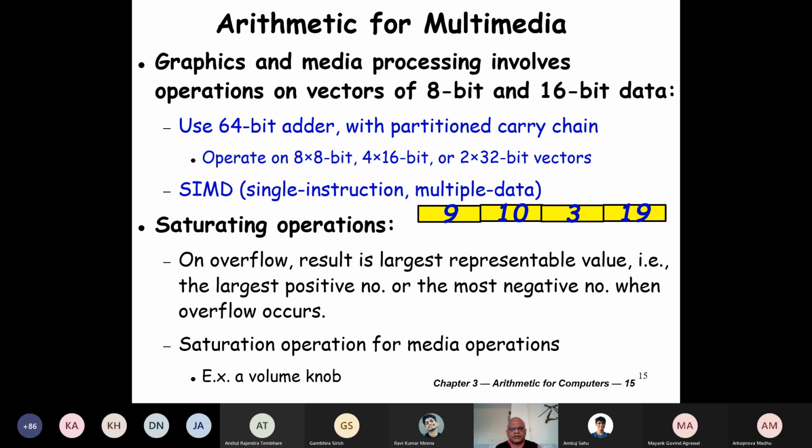But before we discuss how multimedia can be processed, the most important thing possibly here is that all this media, like graphics, let me just tell about a picture, has pixels. And these pixels are in a two-dimensional array. But one good thing about these pixels is that the intensity value can be represented using 8 bits.